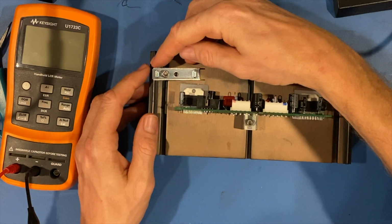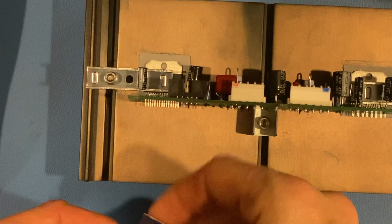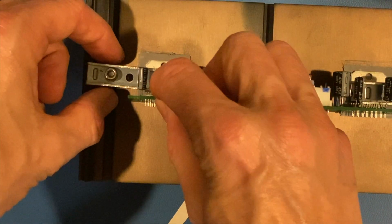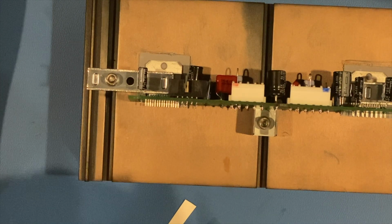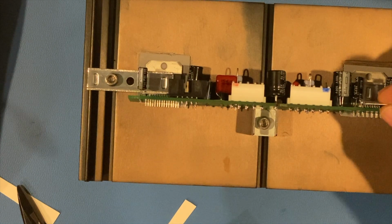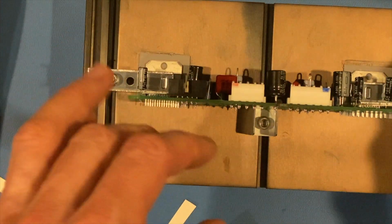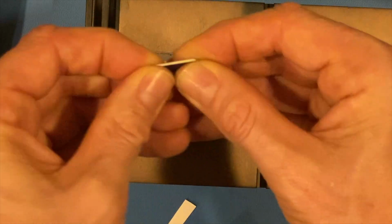And then you can see you want this part to rest on the rail. I'm going to turn that up. See that? So what I'm going to do here is I'm just going to make a little sliver like this, and I'm going to put this in between the bracket and the top of that resistor array on both sides here. Slip that in there like this, and this way you're not touching. If you're really concerned that you might touch something on there, you can even double up on that like this. Put a little thicker cardboard in there, whatever,